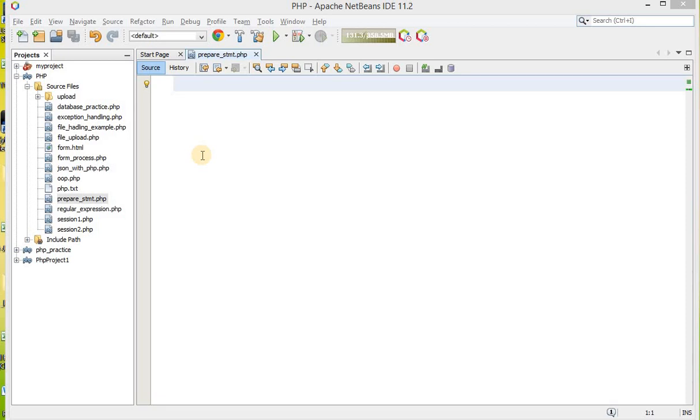Once you prepare the query, you are not specifying values in that query. Later on you bind variables, or I can say values, to that particular handle using which you can execute your query. I think you will understand better by coding, so let me start.